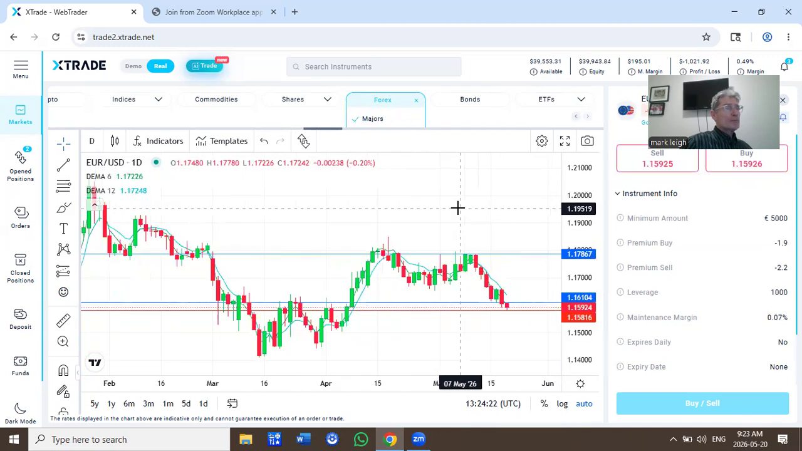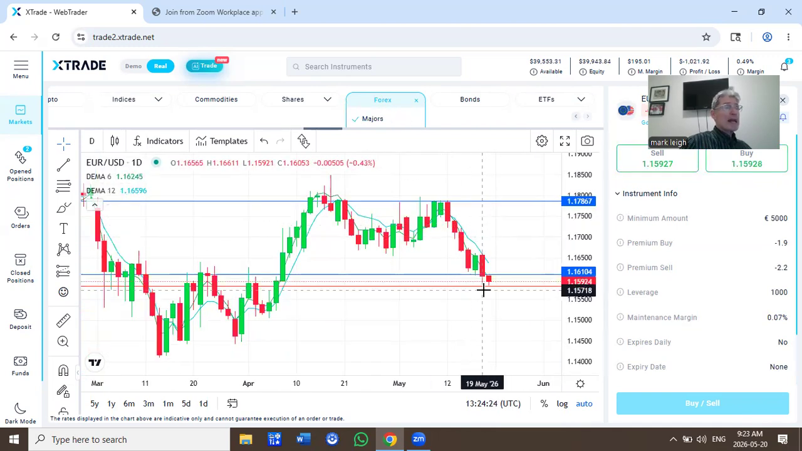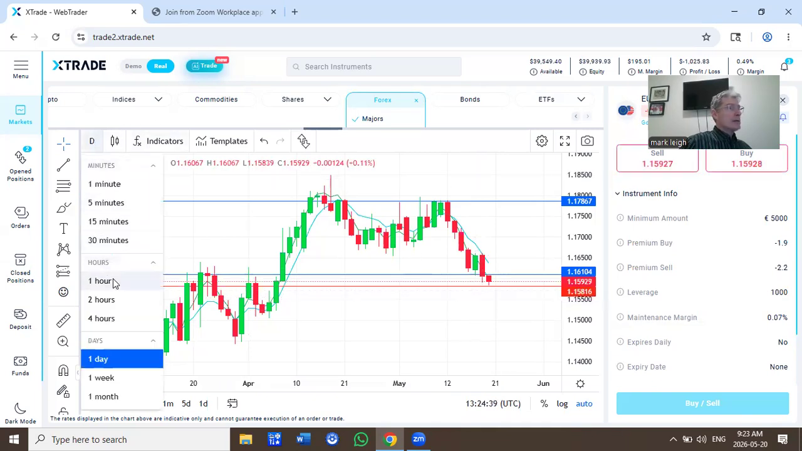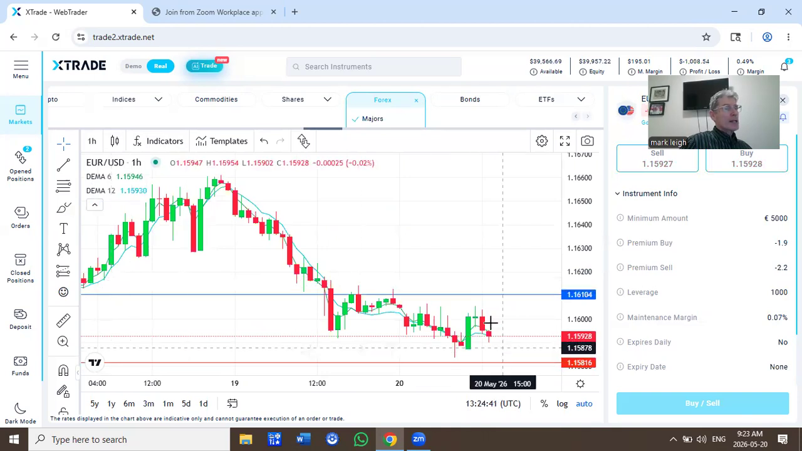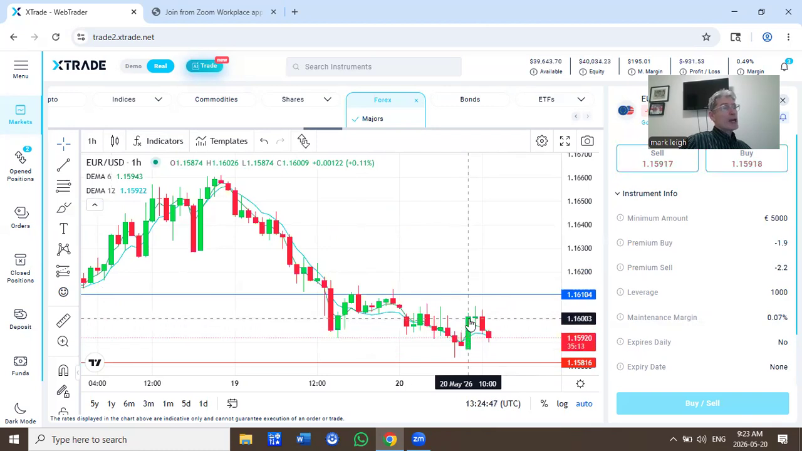Euro US. There you see red candlestick that's selling euro, buying US dollar, continuation of dollar strength. I've got resistance at 116.10. I've got support at 115.81. If I just zoom in on the hourly, there you can see where we're sitting was an attempt at dollar weakness buying the euro, selling the US a few hours ago, didn't last, and we're back to